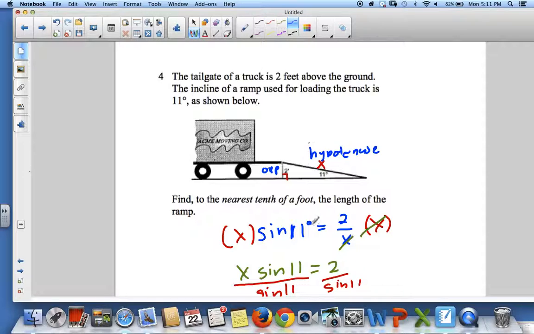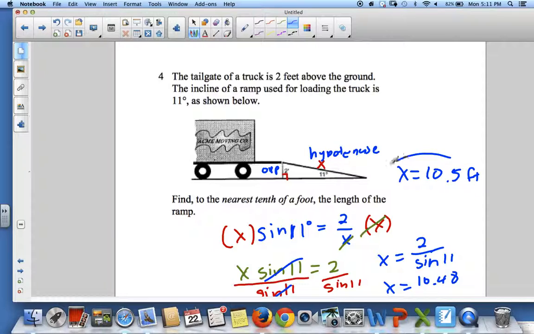And then this right here, these guys are going to cancel. And so I got x equals 2 divided by sine 11. So I go to my calculator, put 2 divided by sine 11, and I get x equals 10.48, but it says round to the nearest tenth of a foot, so the answer would be x equals 10.5